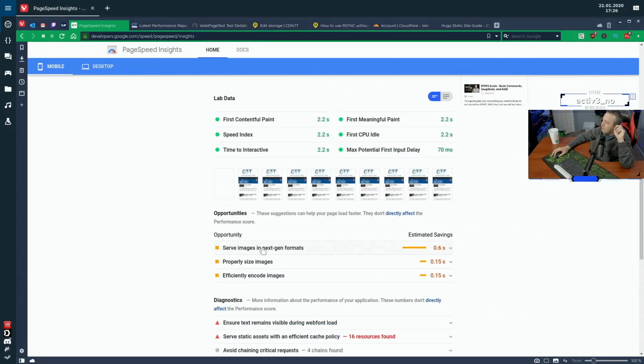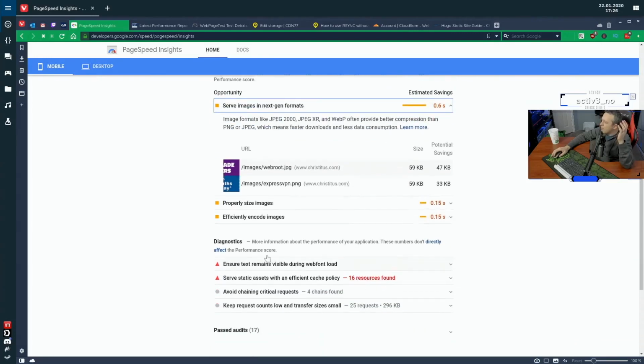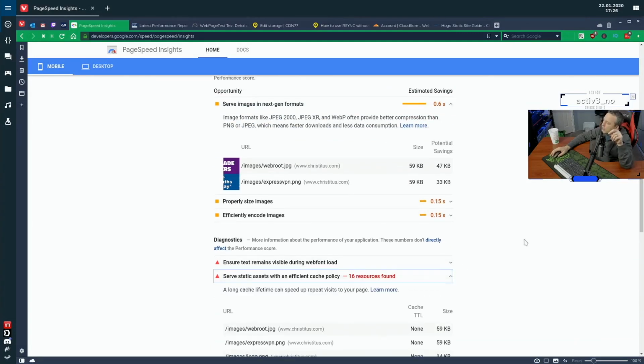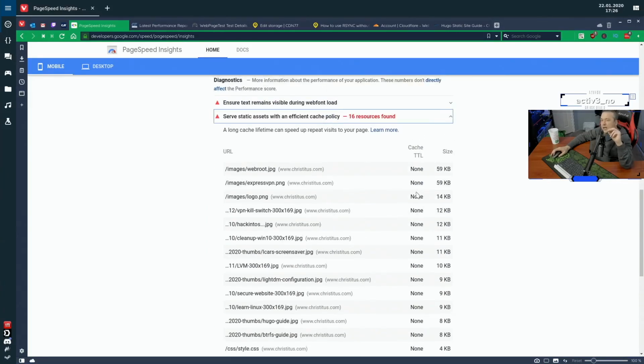And then you can see I could reformat some of my images down here to next-gen formats like JPEG 2000, JPEG XR, or WebP instead of the standard PNG or JPEG file. And that's something that is costing me literally half a second, and then a couple other little things. And then probably the biggest thing here is my static assets. I need to go through and figure out a way, and I haven't quite figured this out just yet, caching